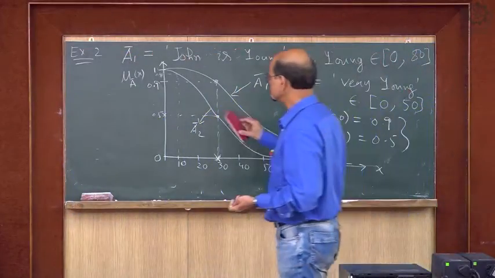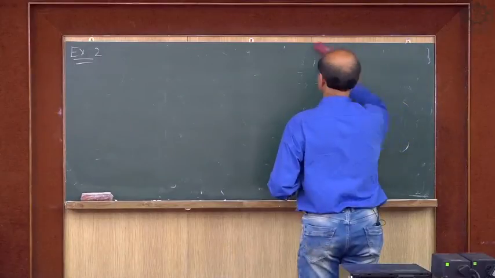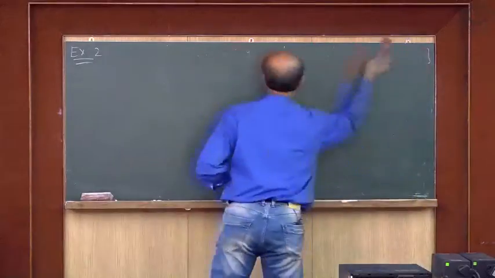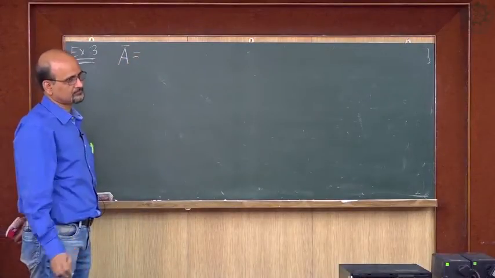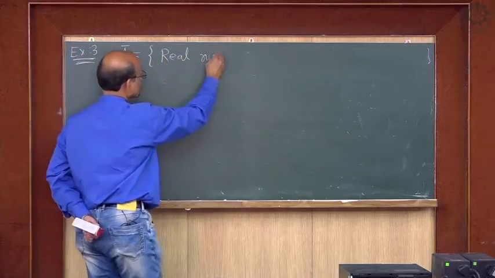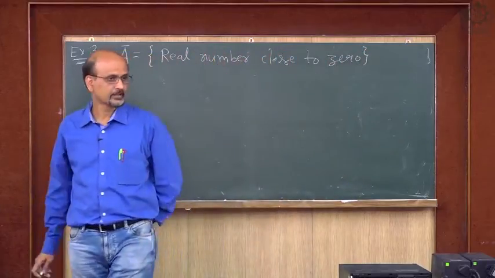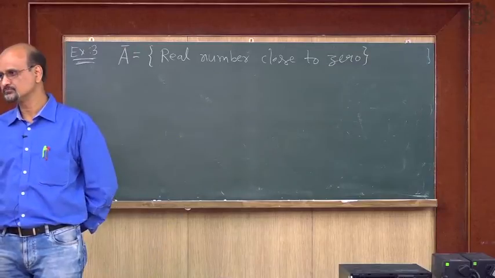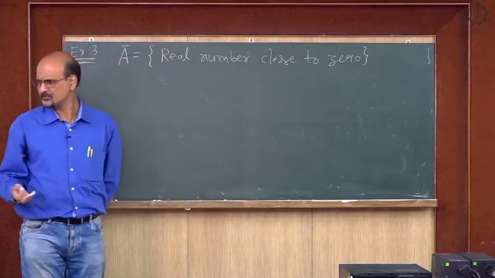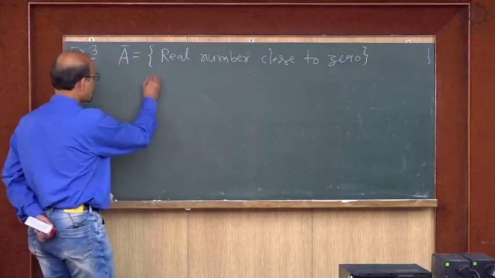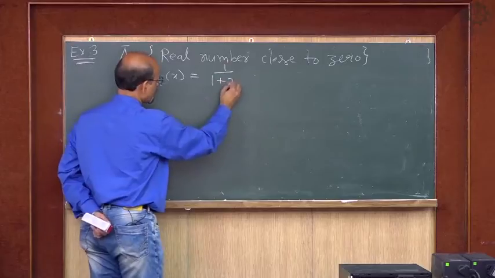Let us come to the third example. Can I erase? So, now come to another example. Now, I define a fuzzy set A bar, real number close to 0, that is my fuzzy set, okay. Now, see what is happening. Here we should have some membership function to define that. Suppose I define this mu A bar x as 1 by 1 plus x square,